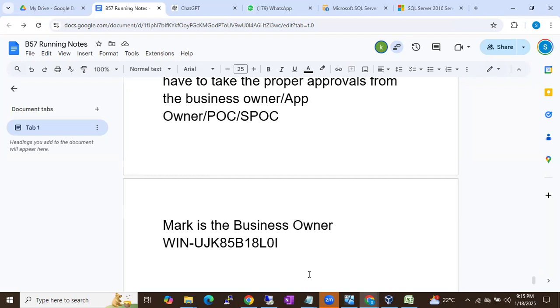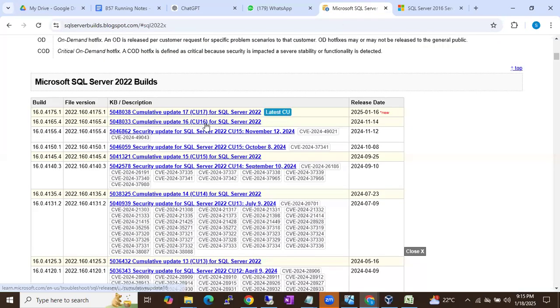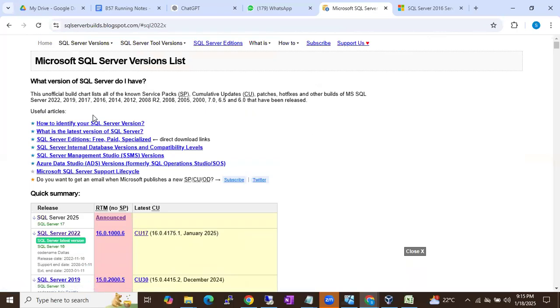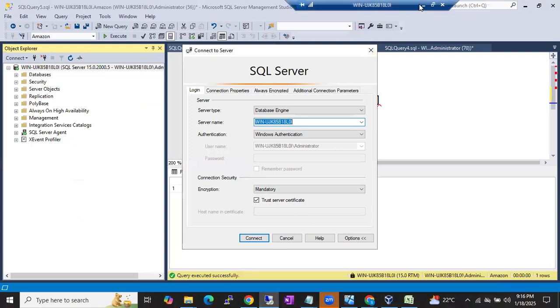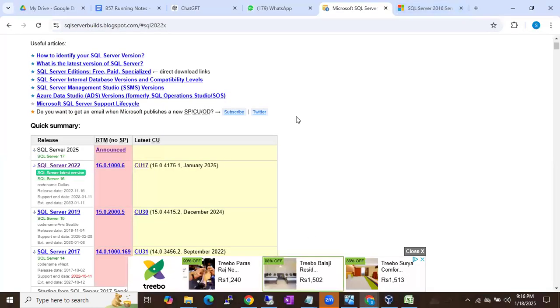Right? So now what is the process? For example, SQL Server 2019 is there. So what is the latest update for SQL 2019? CU 30. Okay, CU 30. So you have to send an email to the